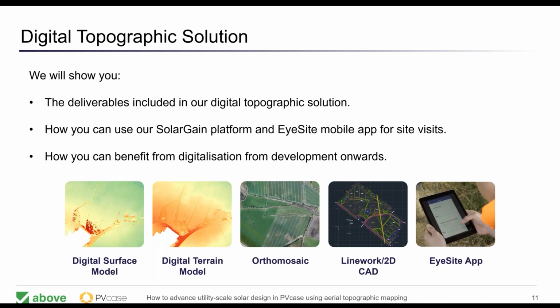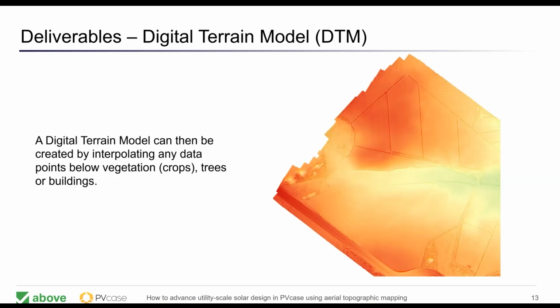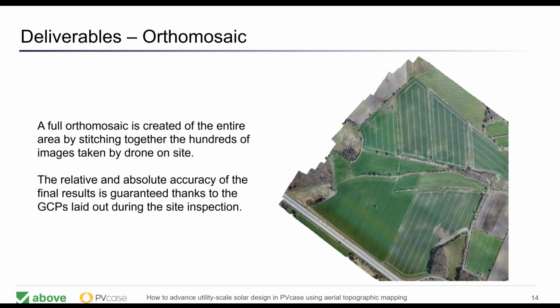The digital elevation models and orthomosaics in GeoTIFF and JPEG formats, their line work in CAD, and all the additional information can be stored geospatially in our software platform through our mobile application. The first deliverable, the digital surface model, is a 3 centimeters per pixel elevation model of the entire site. From the digital surface model, we can then create a digital terrain model, removing all vegetation and obstructions to reflect the true ground elevation. We also deliver a full orthomosaic image of the area by stitching the thousands of images